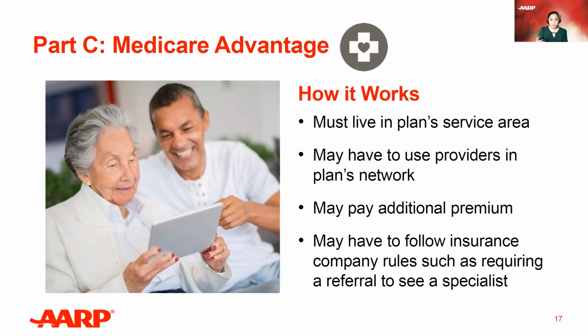And this comes with pros and cons. So you need to weigh your own individual situation, or you need to provide guidance if someone's asking you questions about their Medicare and options and which way to go. There's pros and cons to each. Medicare Advantage plans are available in most parts of the US, but you must live in the plan's service area, as I mentioned, and you must choose from plans that are only available in your area and sign up directly with that plan provider.